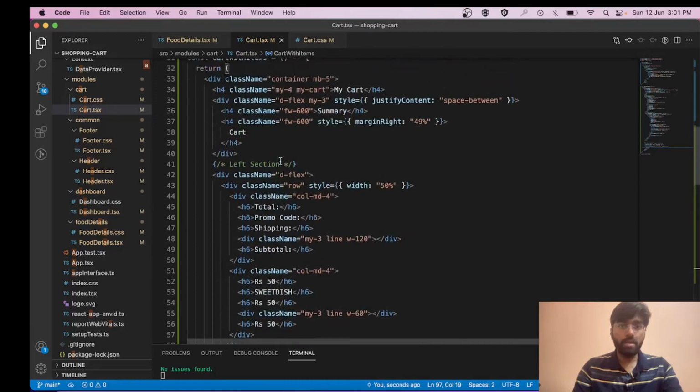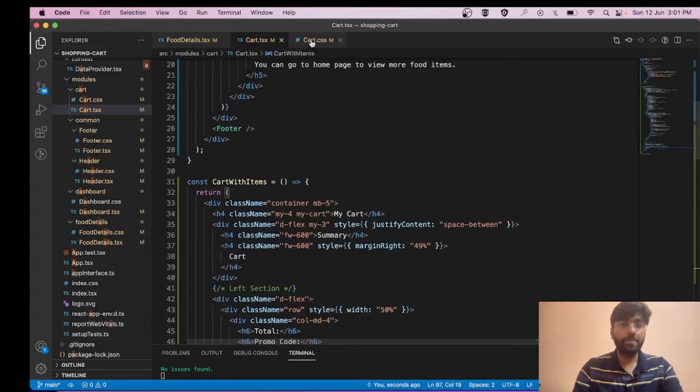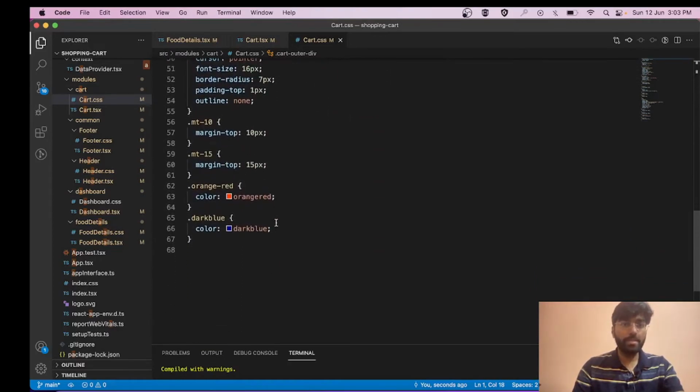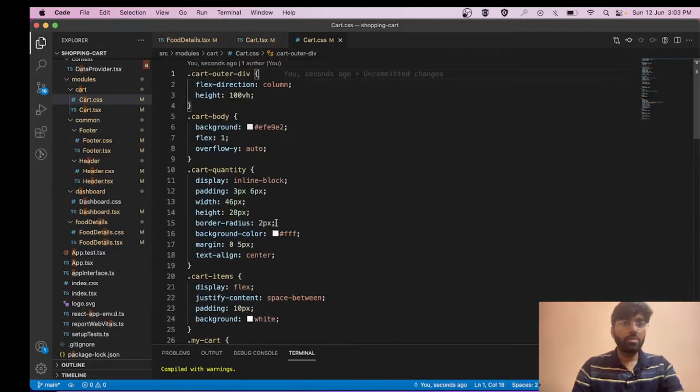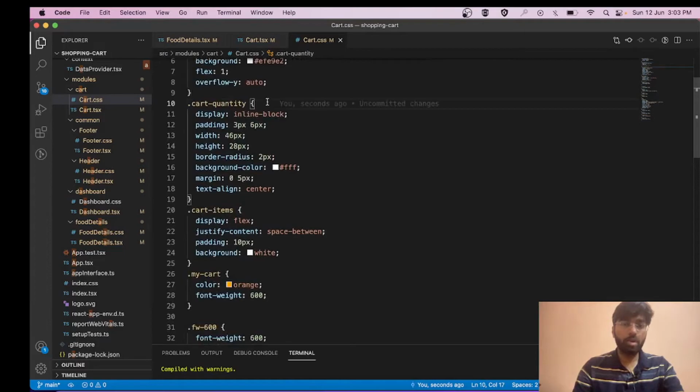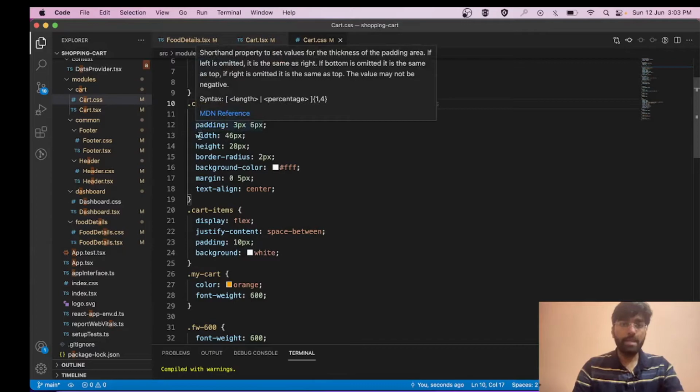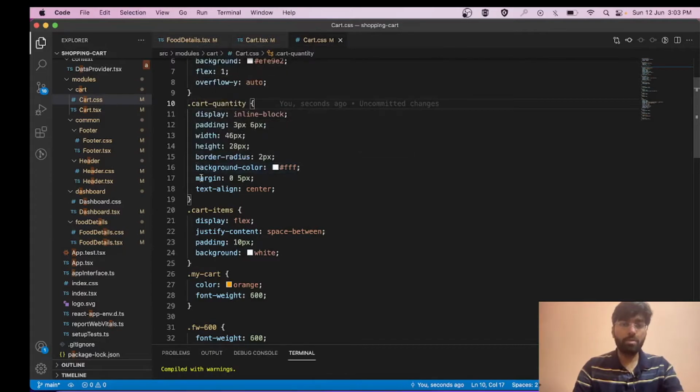We just need to add the CSS file. Okay, cool. So friends, we have added the CSS properties also. We have added all the CSS properties that were remaining. This is the outer div that we have discussed, cart body. This is the cart quantity class name. Simply, we have given the display of inline block, some padding, some width, border radius, background color, margin, and text